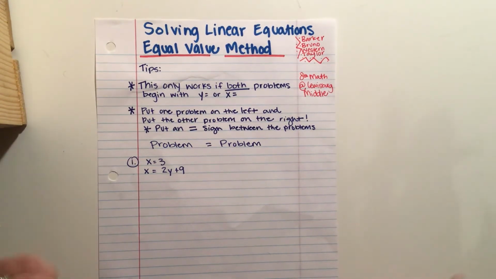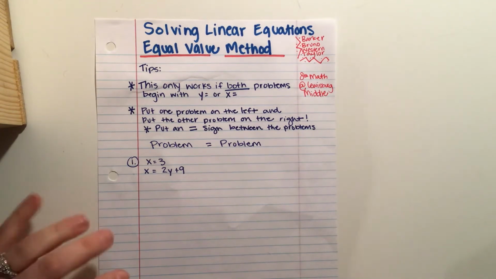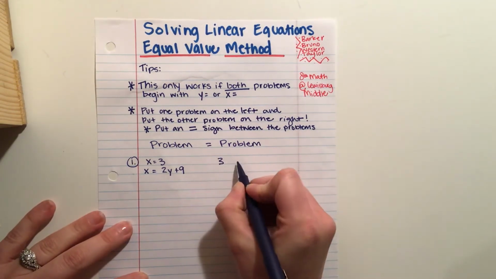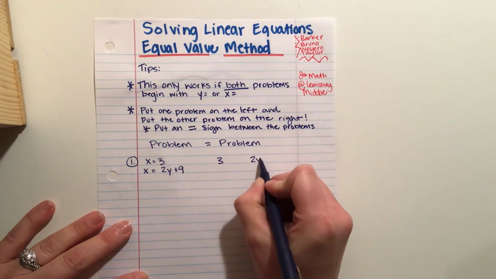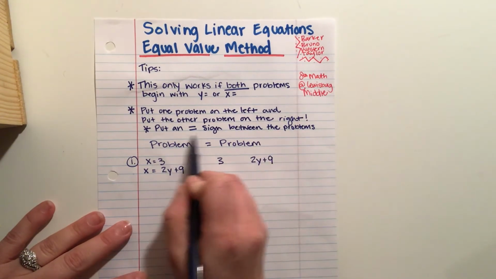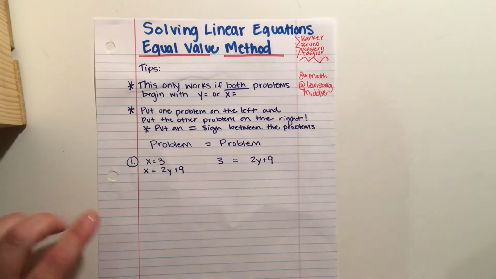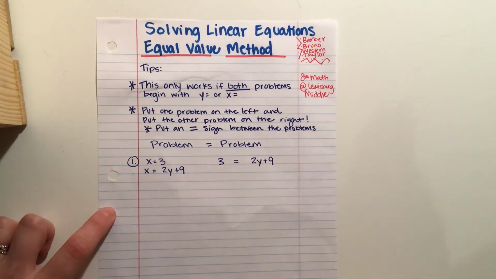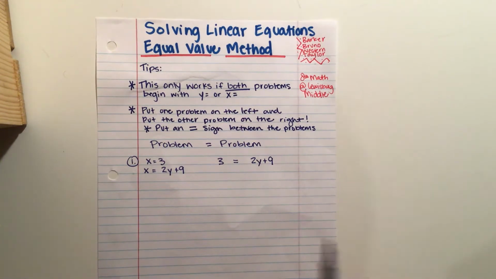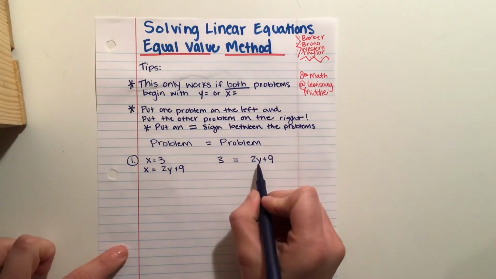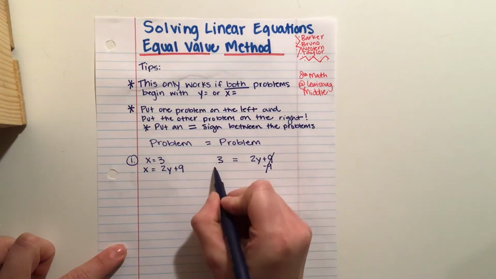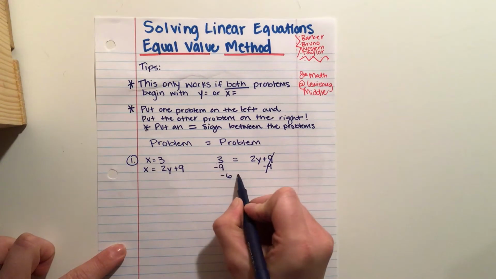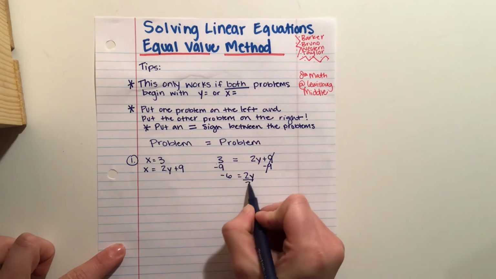So anytime you have x equals and x equals, that's an equal value method. You can put one on the left, so 3, put one on the right, 2y plus 9, and put an equal sign between them. All you did was take this information and this information and put one on the left, one on the right. Now we are going to solve for our variable, 2y. Subtract 9, so negative 6 equals 2y, divide by 2,